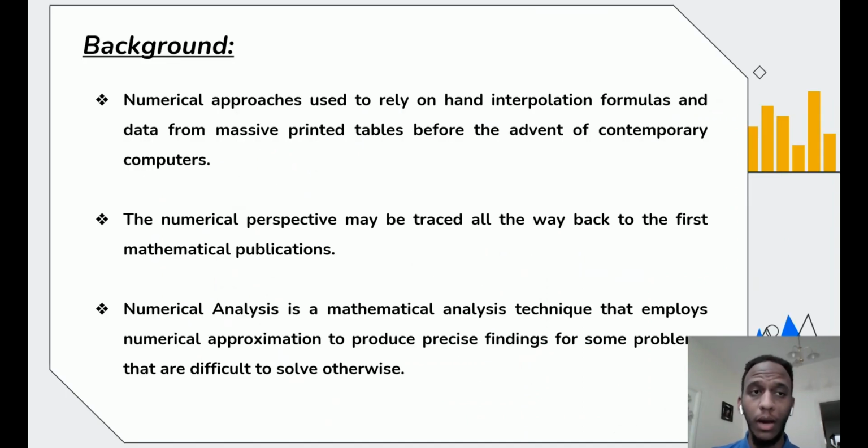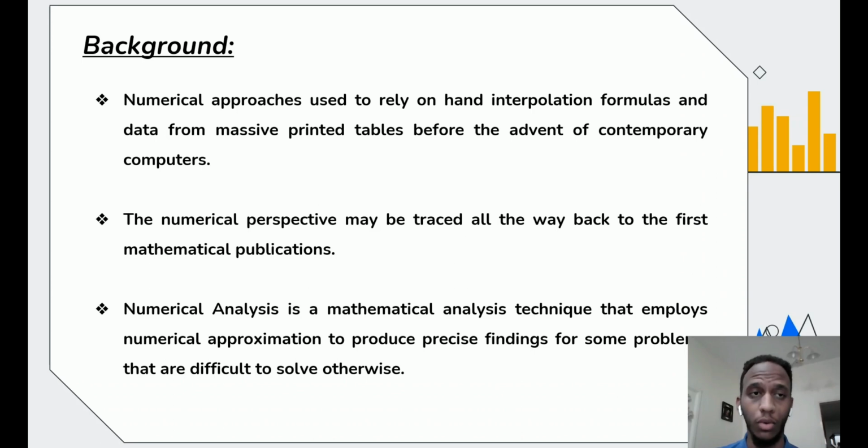To begin with the background, numerical approaches used to rely on hand interpolation formulas and data from massive printed tables before the advent of contemporary computers. The numerical perspective may be traced all the way back to the first mathematical publication. Numerical analysis is a mathematical analysis technique that employs numerical approximation to produce precise findings for some problems that are